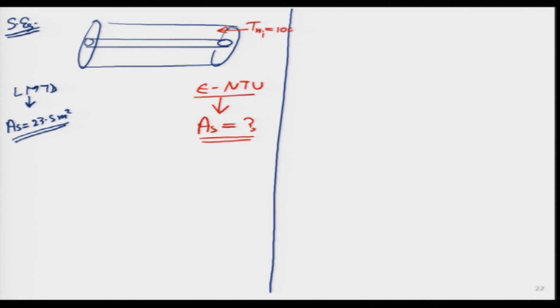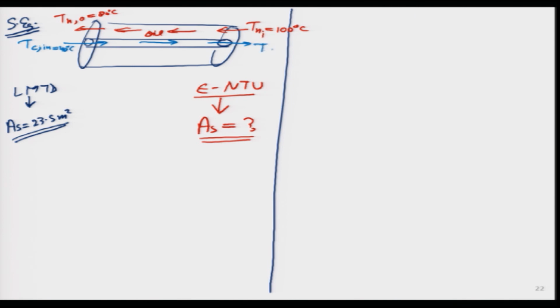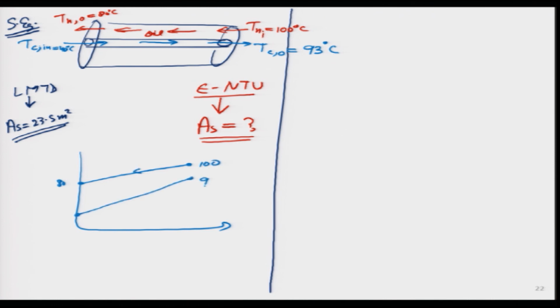So, T_H,in, which was oil, was 100 degrees; the oil flows over here and comes out at 80 degrees. You can see it immediately, it was the same problem, but I now want to use a different method to solve it. It is a counter flow, water is going over here, and cold water in was 40 degrees. The first step that we did was calculate the value of cold water out. I am not going to calculate that once again. If I remember correctly, it turned out to be 93, and this is how the diagram looked. So, the hot side goes from 100 to 80 degrees, and the cold one goes from 40 to 93 degrees.